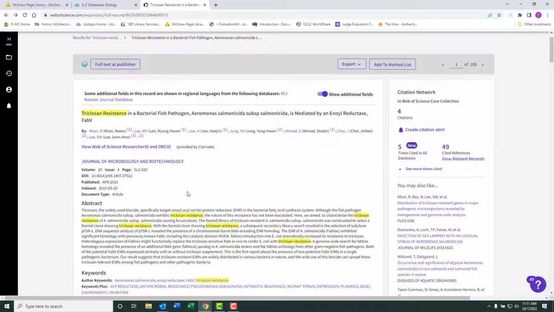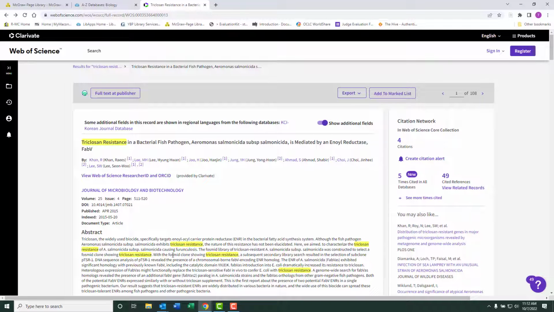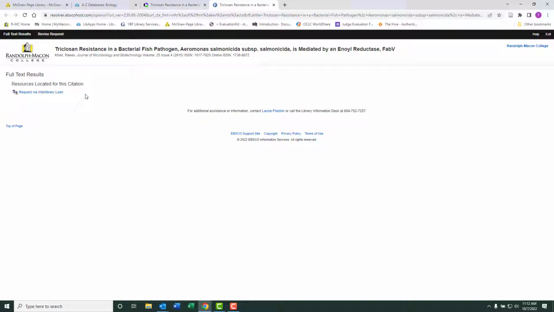So let's say that we've read the abstract and we would like to find the full text of this article. What you would do is click this little green and white circle here, and it will take you to this page. And now, if the library had the full text of the article, there'd be a link to it here. But it turns out that we don't have access to the full text of this article. Instead, we have this link that says Request via Interlibrary Loan. Click on that,